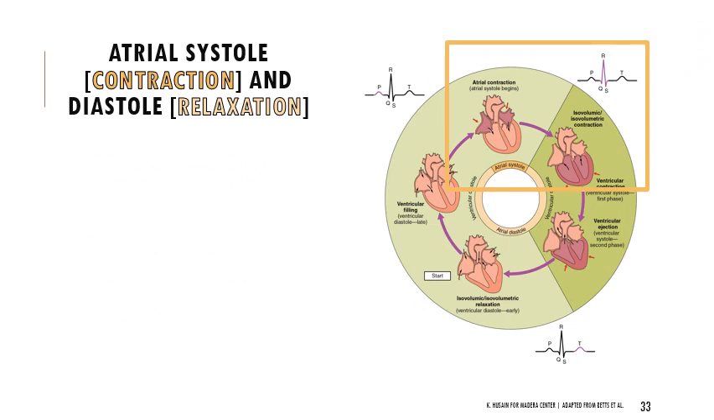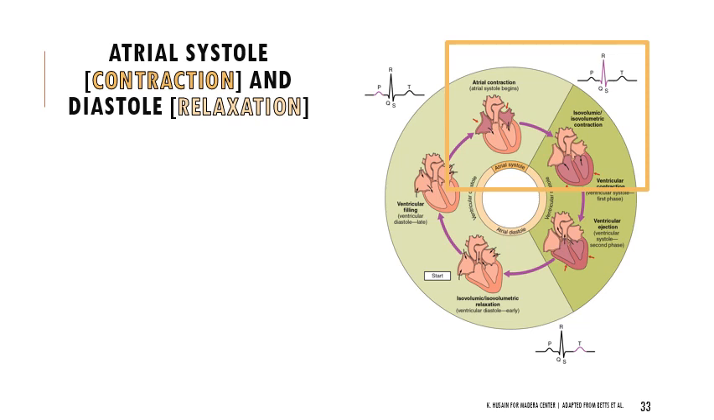All right, so I'm going to work my way through this diagram. We're going to keep going back to it and just rotate around that cardiac cycle. We're going to start here with atrial systole, which is contraction, and diastole, which is relaxation. On this chart, one thing to keep in mind is that we have the atria doing something, with the